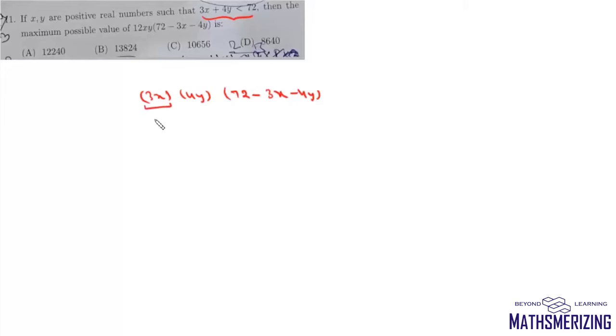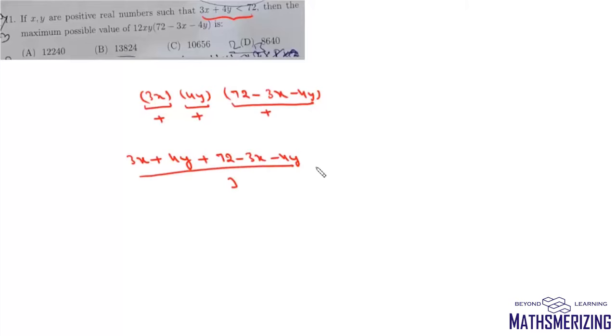Now 3x is positive, 4y is also positive, and 72 minus 3x minus 4y is also a positive number. So we have 3 positive numbers, and we need to find the maximum possible value of their product. Now, once we have positive numbers and have to find the maximum value of the product, we'll use AM and GM. So if we write their arithmetic mean, it will be 3x plus 4y plus 72 minus 3x minus 4y